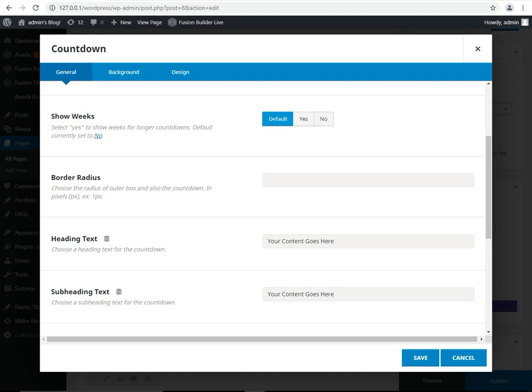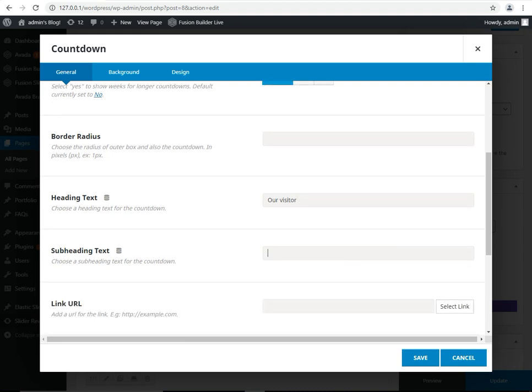You can set the heading text. Our last time visitor list.